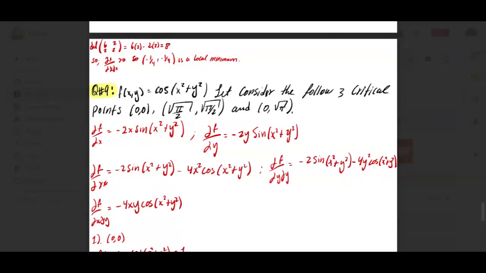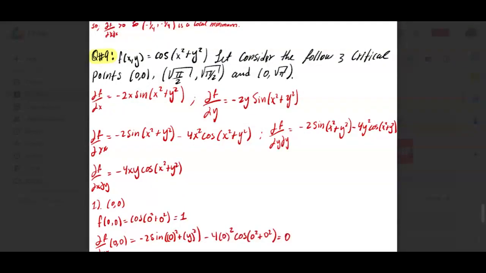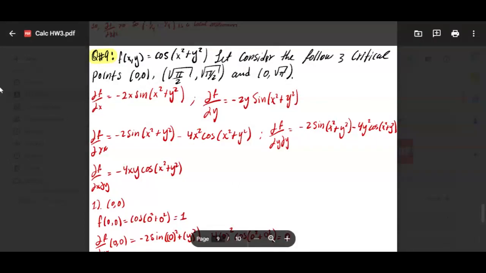So I started by finding the partial derivative with respect to x of our function, and then I ended up with negative 2x times sine of x squared plus y squared. And now I did the same thing for the partial derivative with respect to y, and I ended up with negative 2y times sine of x squared plus y squared. And then I did the second derivative with respect to x, and I ended up with negative 2 times sine of x squared